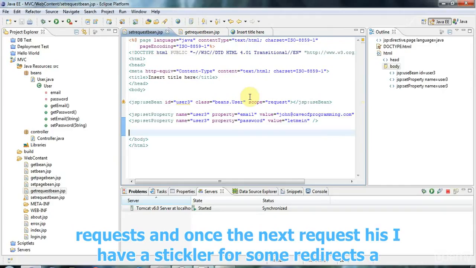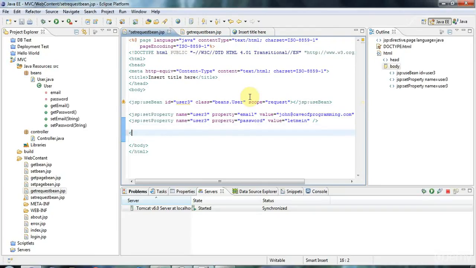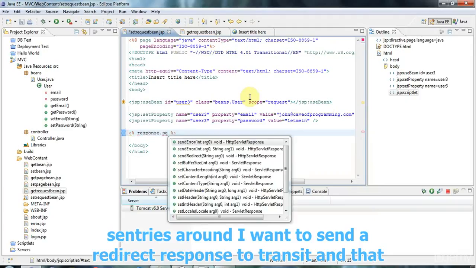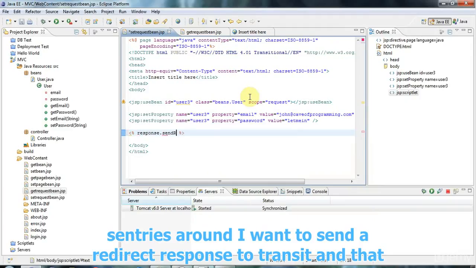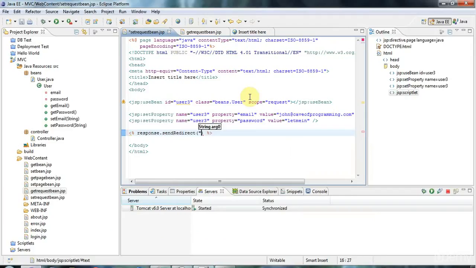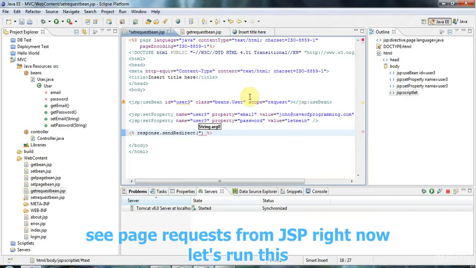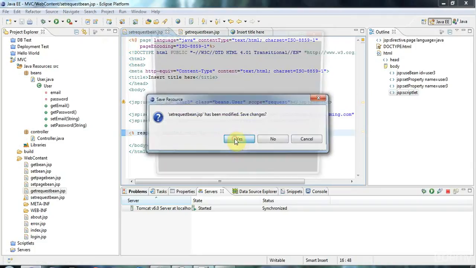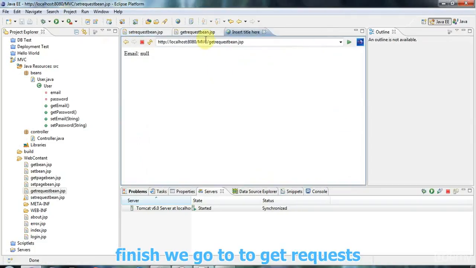Let's take a look at, for example, a redirect. I think it's response.sendRedirect, because I want to send a redirect response to the browser telling it to redirect. And let's see if I can redirect to the page get request bean.jsp. I think that's right. So now let's run this set request bean. Click finish, and there we go, we've redirected to get request bean, and the bean is null